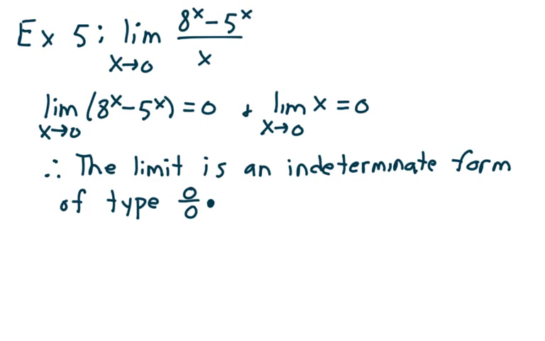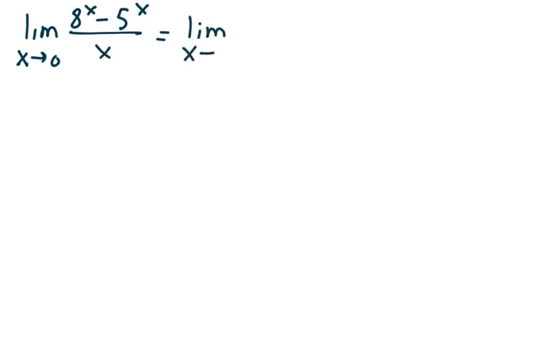So we're going to apply L'Hopital's rule. So we'll do that on the next page. And so I'm going to take the limit as x goes to 0 of (8 to the x minus 5 to the x) divided by x. And so that's going to be the limit as x goes to 0 of